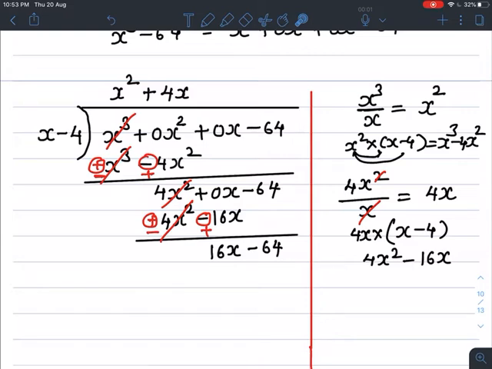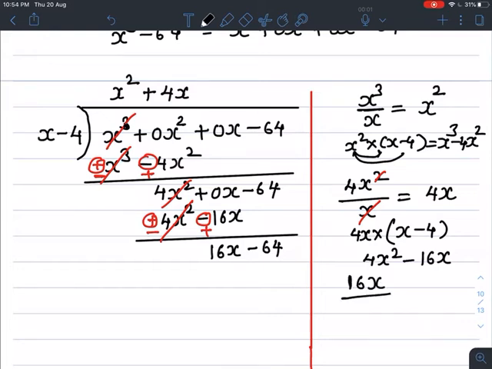Now again same. Here first term is 16x, here first term is x. So index is 1, index is 1. Here it was index 3 and here the index was 2. So here index is 1. You have to continue this division because here index 3 you can divide, because the index of the first term of dividend is greater than the index of divisor. Here similarly 2 is greater than 1. So you have to continue division. Here 1 means equal, you have to continue division.